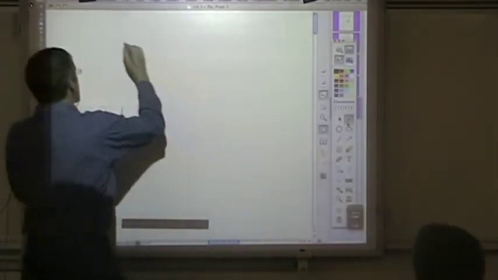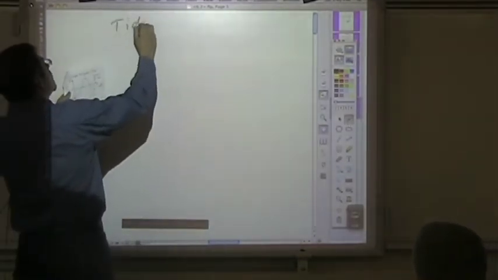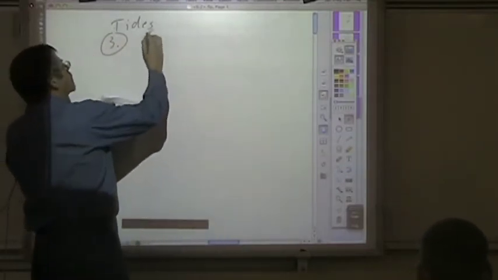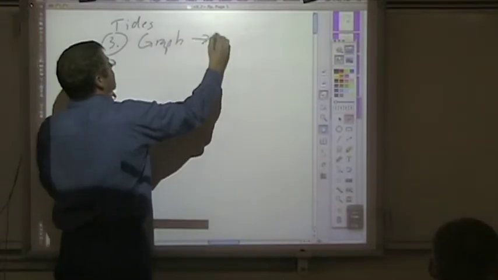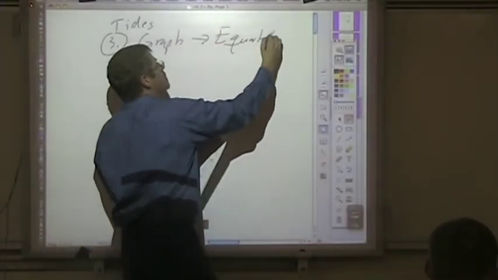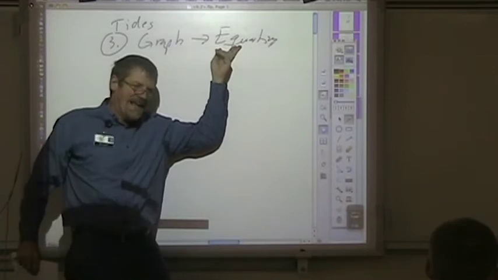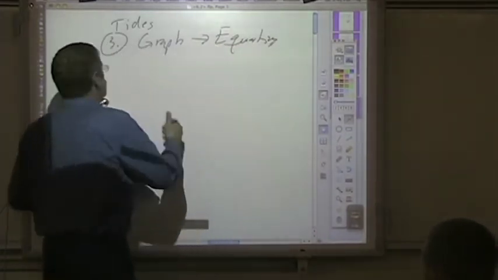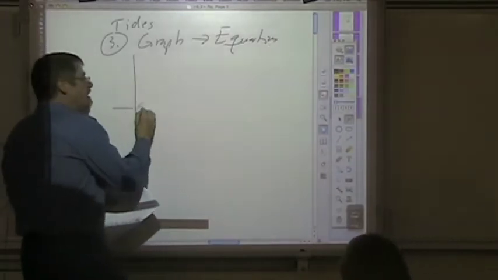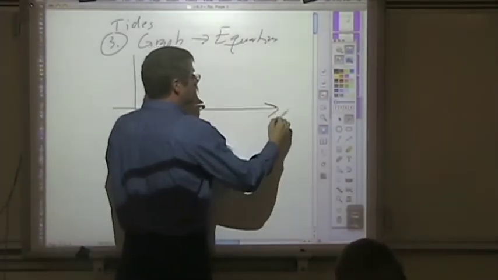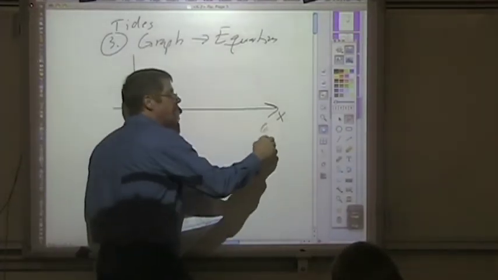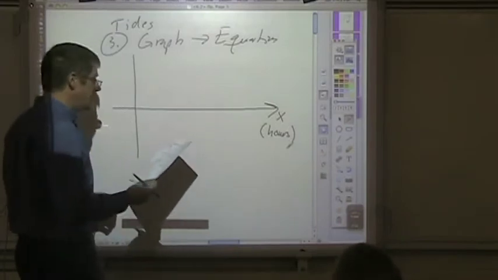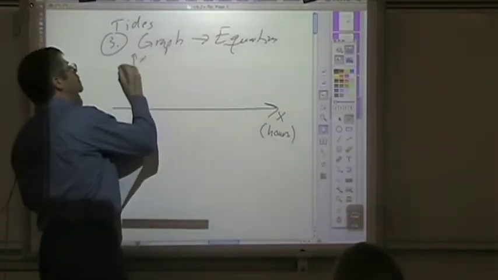So, imagine we're in Ocean City, New Jersey, and we have tides going in and out. Problem 3 is the tides problem. And we're going to take a graph and go back to an equation. So far in the examples we've been doing, I've been giving you an equation and asking you to generate the graph. Now we're going the other way around. I'm giving you the graph, and you're going to produce for me the equation. So we're going to let x represent time measured in hours, hours after midnight,